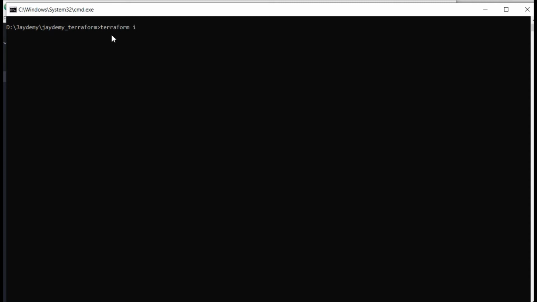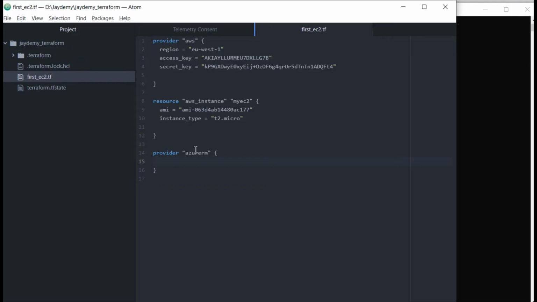If I do terraform init, it will try to refresh, or download the plugins from the backend. We have given the provider as Azure, so now whenever you run init, initialization will happen from that provider.